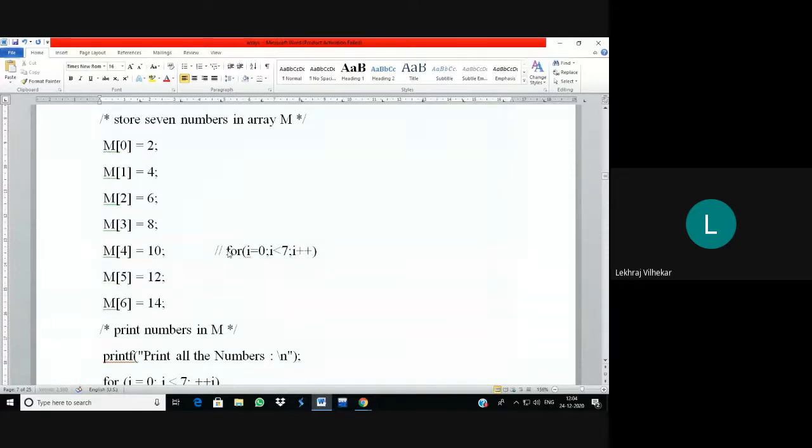And after that you can simply make use of a scanf statement, but here they have initialized, so no problem, you can initialize. But suppose you want to make a program user friendly, so in that case